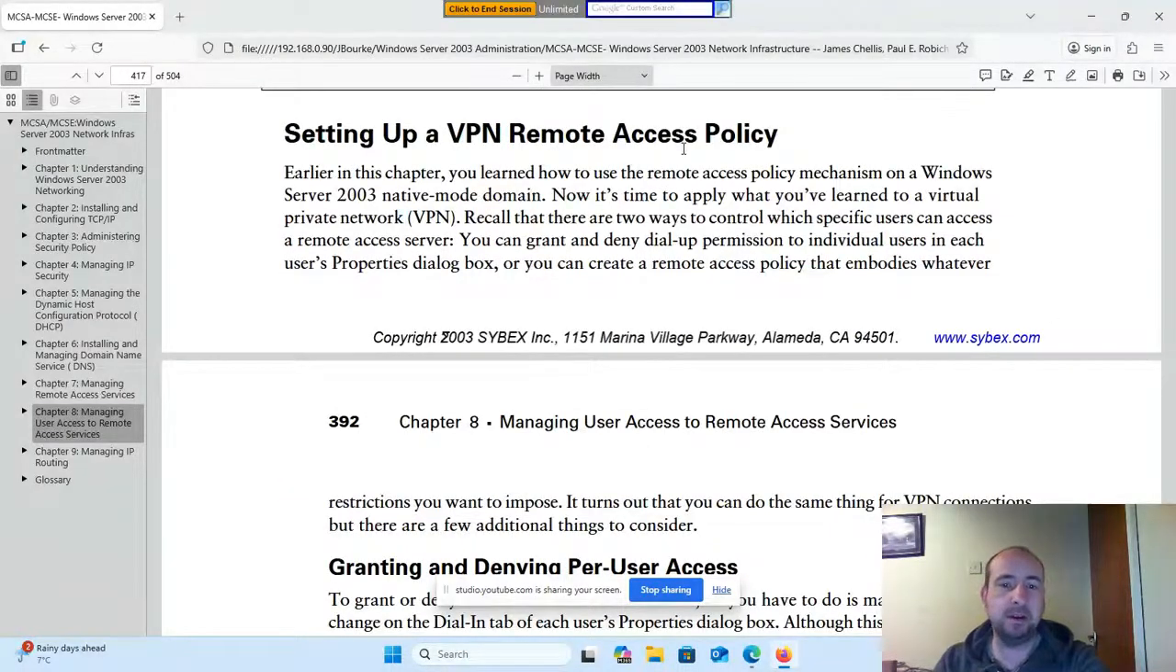Setting up a VPN access policy. Earlier in this chapter, you learned how to use the remote access policy mechanism on a Windows Server 2003 native domain. Now it's time to apply what you learned to a virtual private network, VPN. Recall that there are